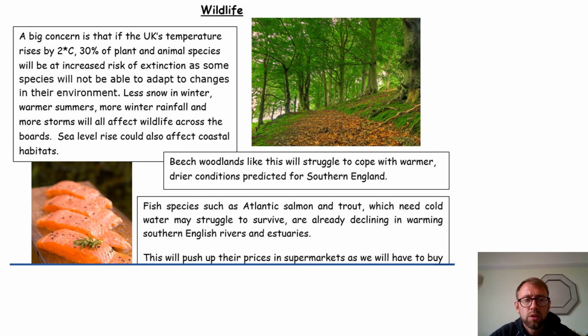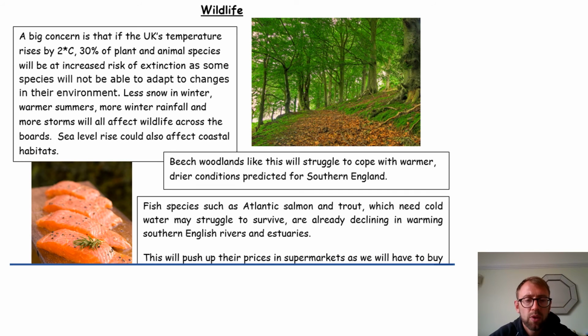Wildlife. So a big concern is that if the UK's temperatures rise by 2 degrees, 30% of plant and animal species will be at risk of becoming extinct. So this is a big problem. We've seen examples of wildfires in the past in the UK as well, destroying large areas of woodland. So we've seen examples of this in America as well, at a lot more extreme level,